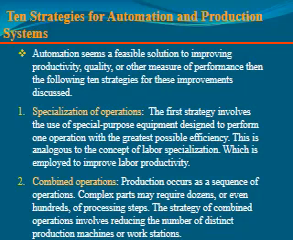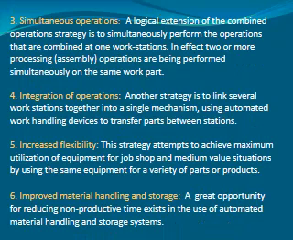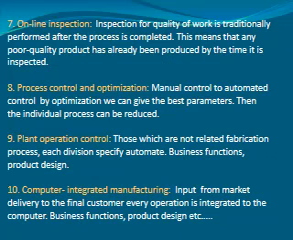For this automated process, there are 10 strategies for automation in production systems. One is specialization of operations, where labor is specialized in only some operations, so we need to use it here. Then combined operations, where we operate both operations simultaneously. Then simultaneous operations, integration of operations, increased flexibility, improved material handling and storage, online inspection, process control and optimization, plant control, and computer integrated manufacturing. These are the